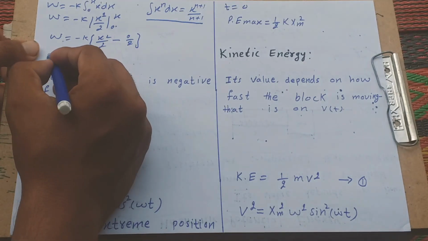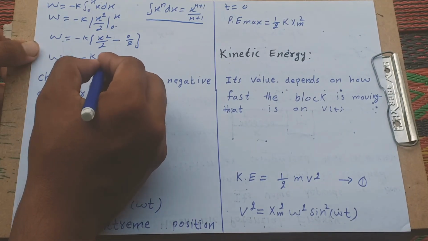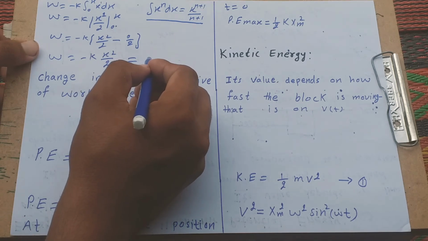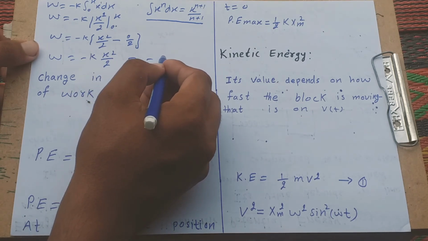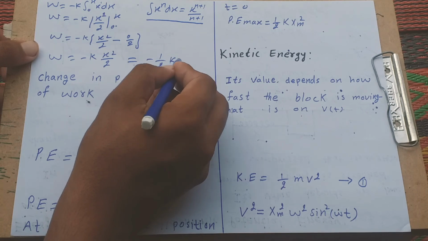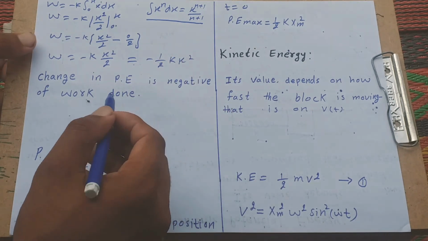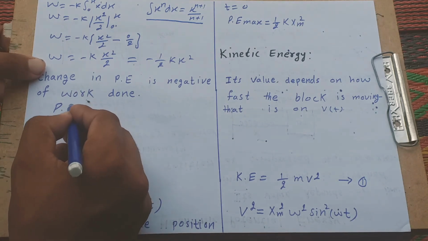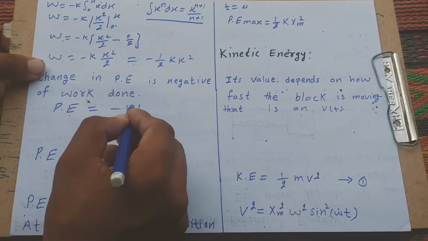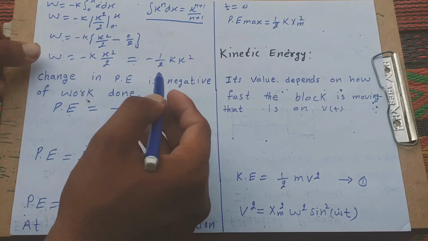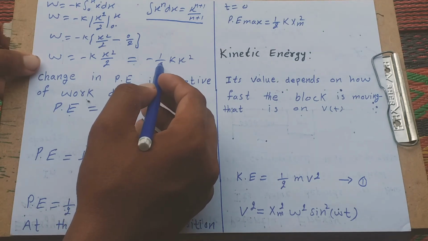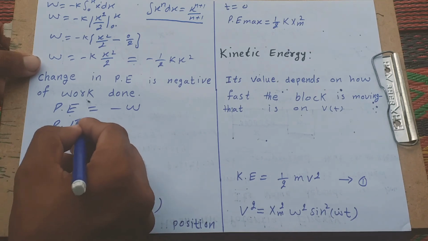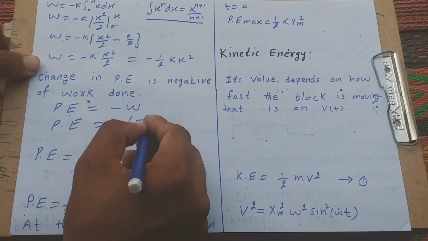Okay, we obtain this: it is equal to minus half kx square. Change in potential energy is negative of work done. We know what the work done is. Work done is equal to minus half k x square. Put the value here, we obtain minus